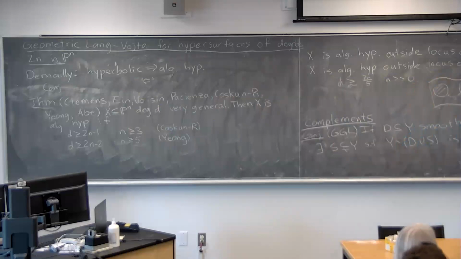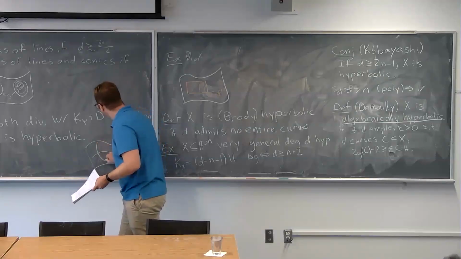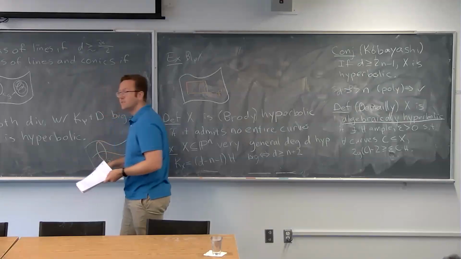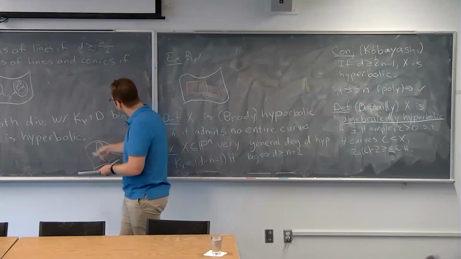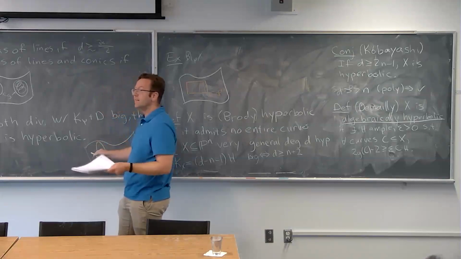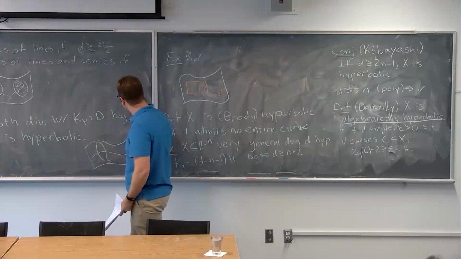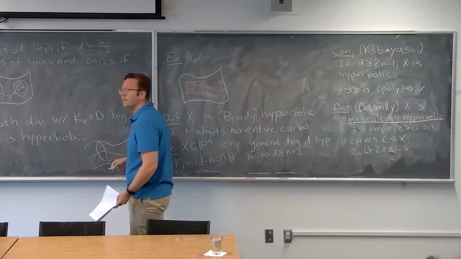So this is saying, hey, for a complement, here we have our Y. And then we have some divisor D that we're taking out, and we're saying there could be some entire curves contained in the complement of D. Let S be the union of all those entire curves. And we're saying the union of all those entire curves is some proper subvariety. And outside of that subvariety, there are no entire curves inside Y that don't meet D.